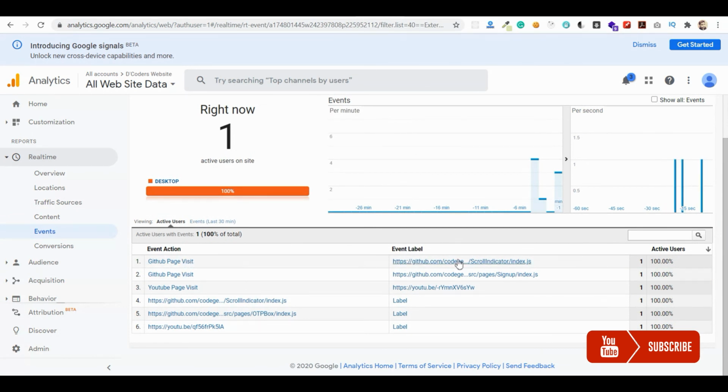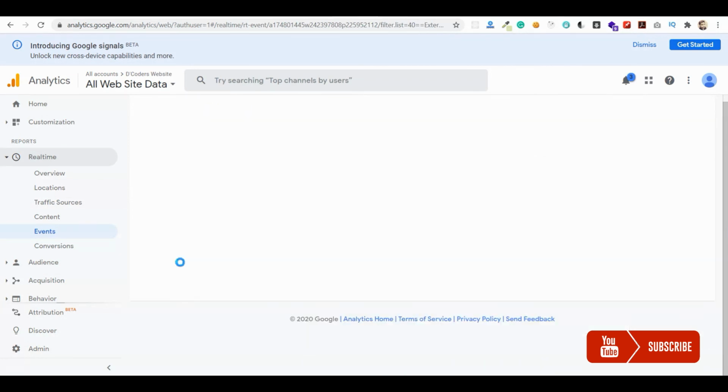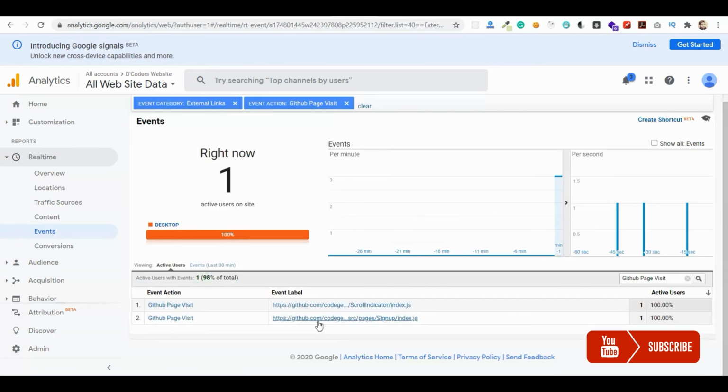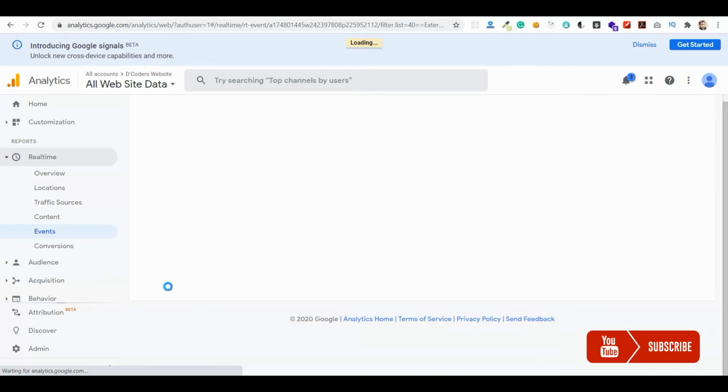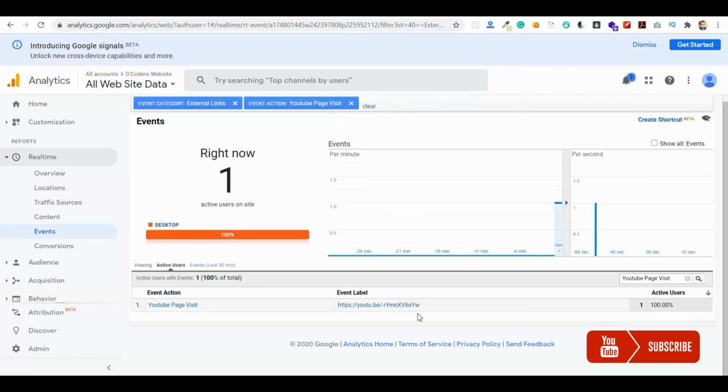Now you can see two actions: one is GitHub page visit and the other is YouTube page visit. So if you click on that, you can filter it based on GitHub links only. So you can see these two links have been clicked one time, and you can close this filter and click on the other filter, so that you can see all the labels that were tracked under that action.